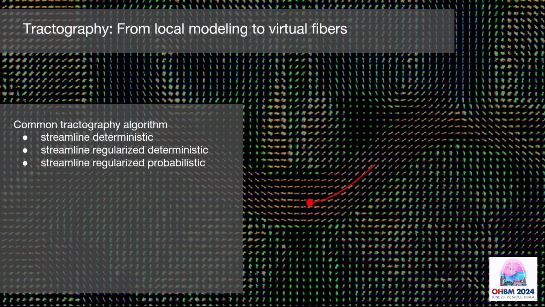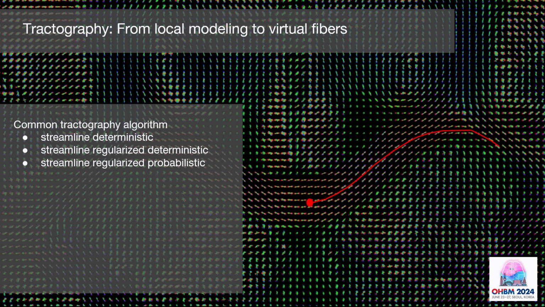So let me start with a bit of background. In diffusion MRI, we currently use what we call streamline-based algorithms. This type of algorithm typically starts from a seed point and draws a fiber following small steps in the main direction of the ODF. Sometimes we sample this direction to explore the fiber space more deeply. This is known as probabilistic tractography.